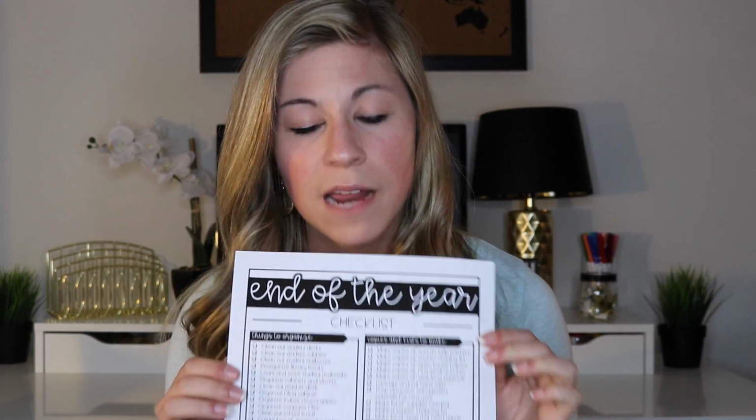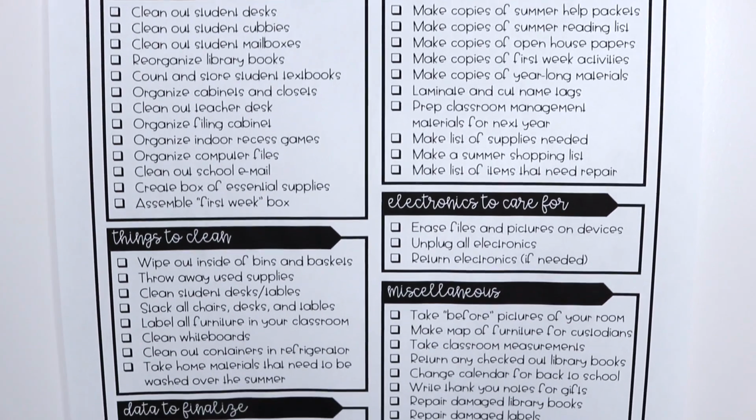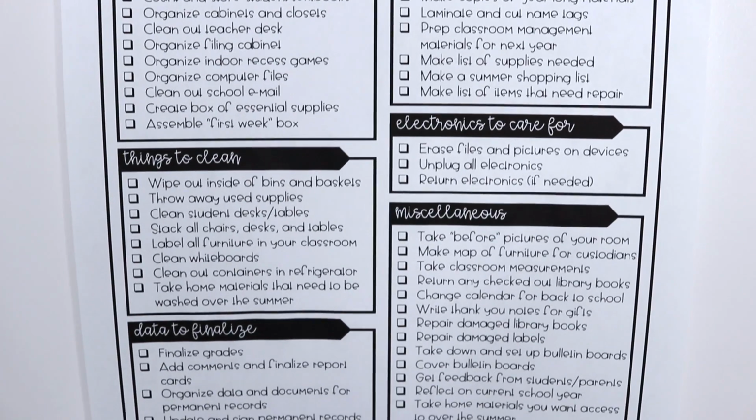So in my end of the year organizational pack on TPT, I do have an end of the year checklist, and I'm gonna show you guys just a little bit of what is on this, and I do reference some other checklists on this page that I have included in the pack as well. So I personally broke the checklist down into a couple of different categories. I have things to organize, things to clean, data to finalize, copies and lists to make, electronics to care for,